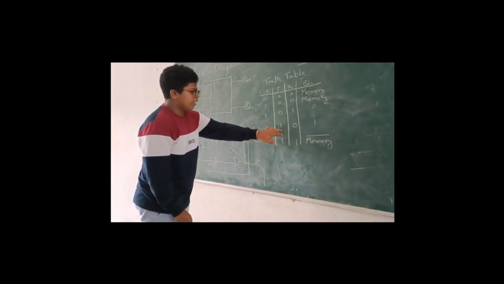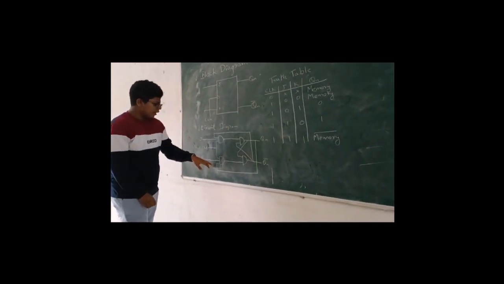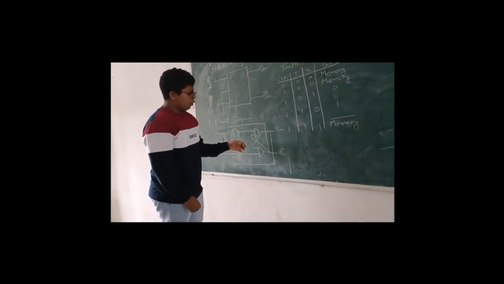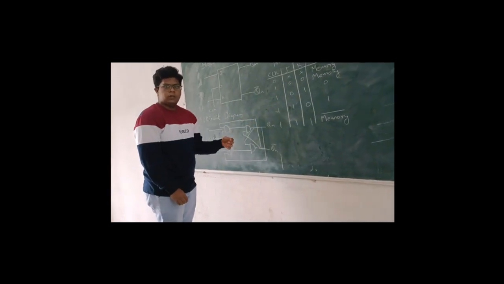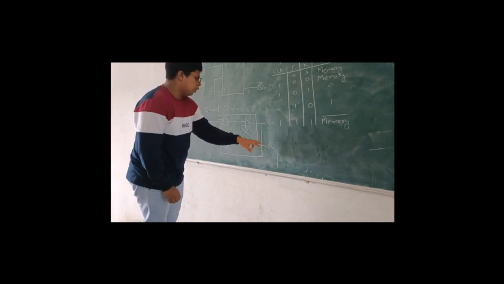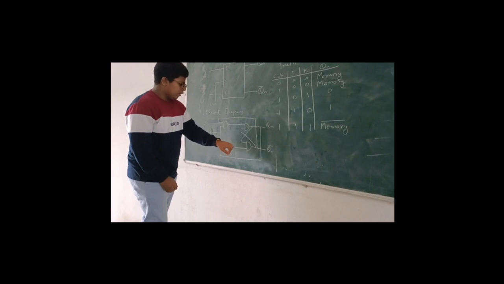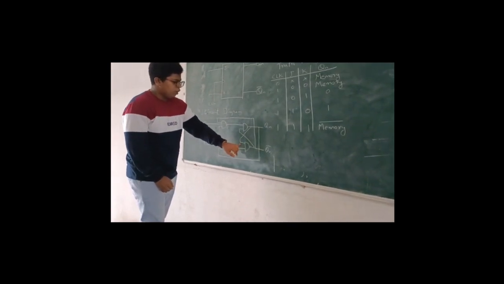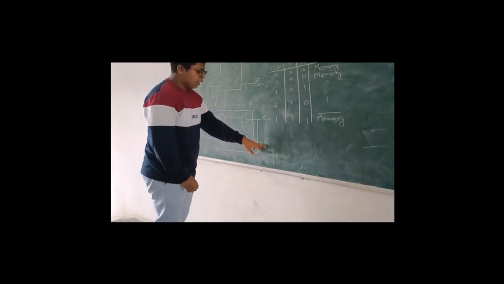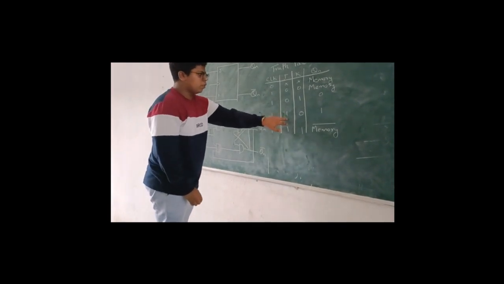So as we have assumed Q1 as 0 and we have got the answer as 0, this is verified. Next condition, J is 1 and K is 0. We check for this NAND gate where any one of the inputs is 0, the output will be 1. We assume again the value of Q1 to be 0. If Q1 is 0, then Q1 bar must be 1. If Q1 is 0, that will come as the input here, and here the output is 1. So 1 and 0 for the NAND gate will result in the output 1. As we have assumed Q1 bar to be 1 and we have got the same output 1, this condition is also verified.